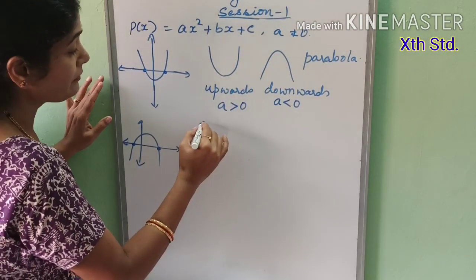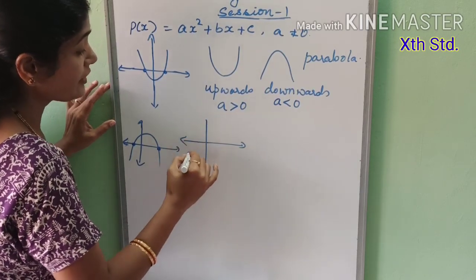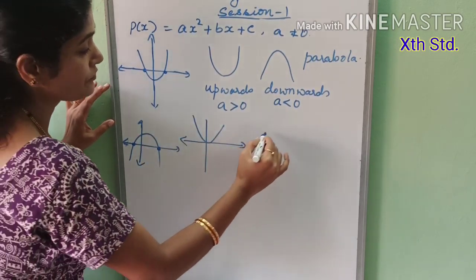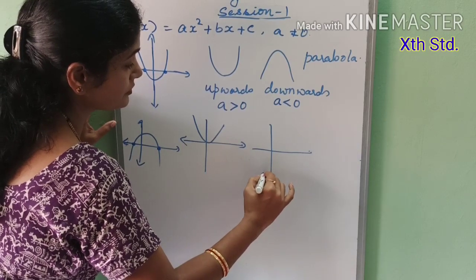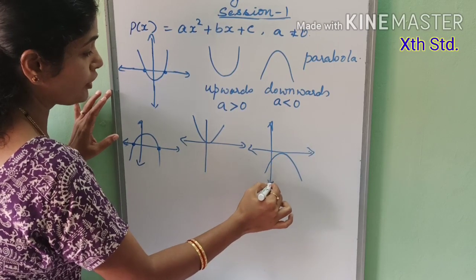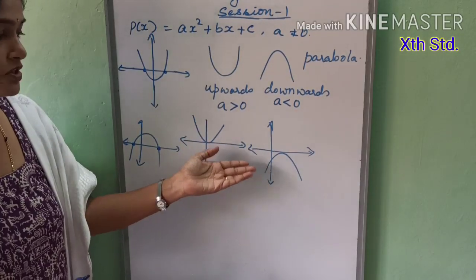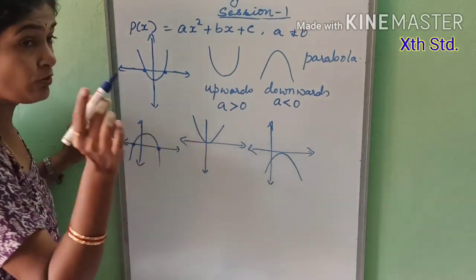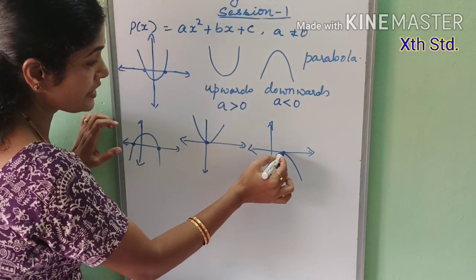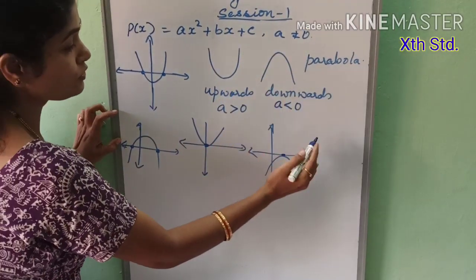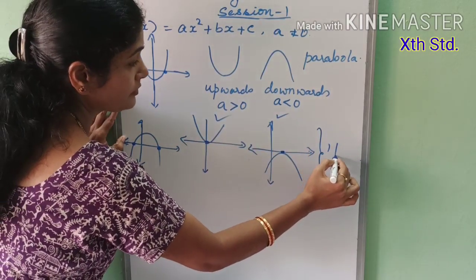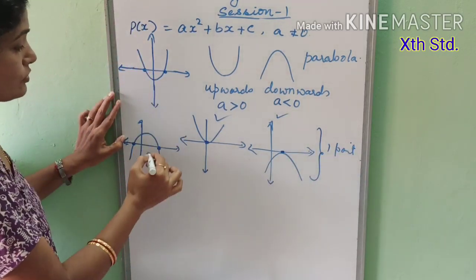Correct? Now, for some quadratic equations, there may be graphs where it may be like this. It may be like this. It can be like this. This is also a form for some quadratic equations. Now just look at how many points it is intersecting the x-axis. Focus on that. It is intersecting the x-axis at exactly 1 point in these two cases. In these two, it was 2 points.